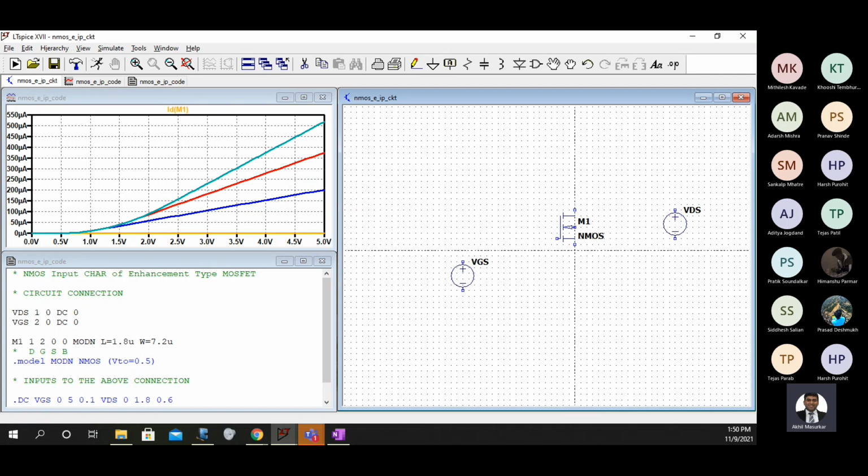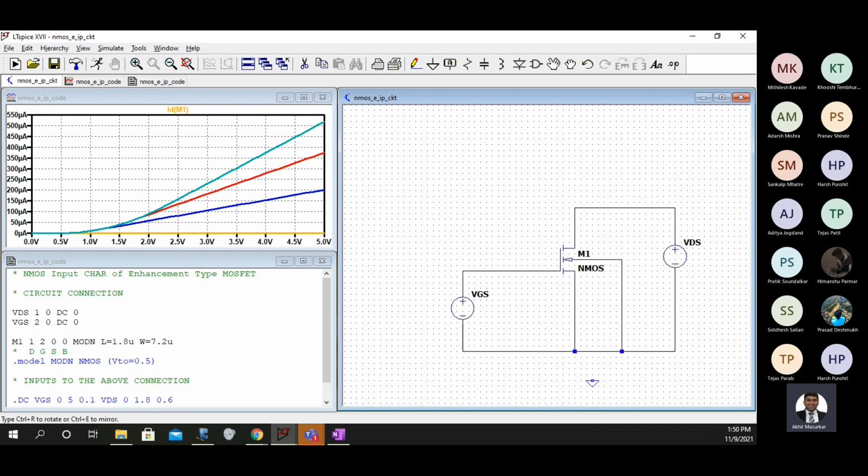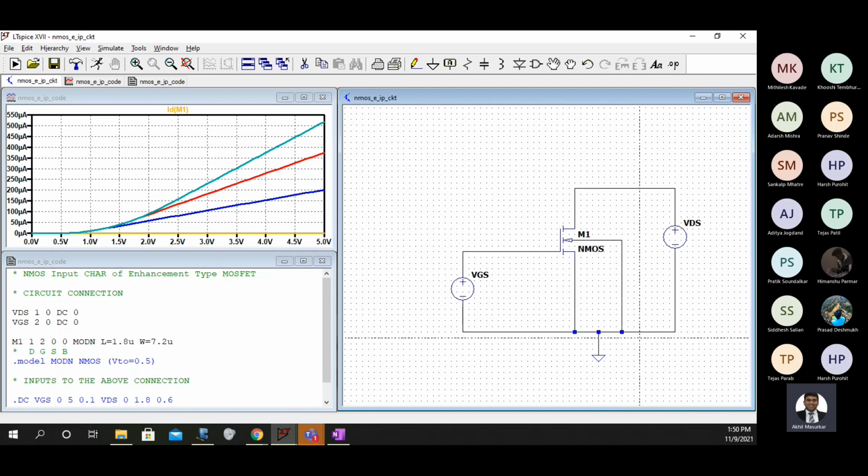Then you can join this like how we have it in our circuit diagram. In a similar way you can join it. And don't forget to show the circuit ground. So this is going to be your circuit.